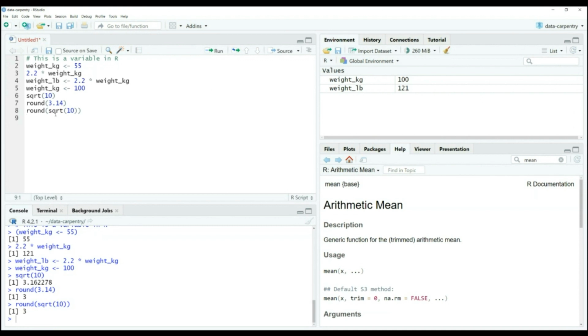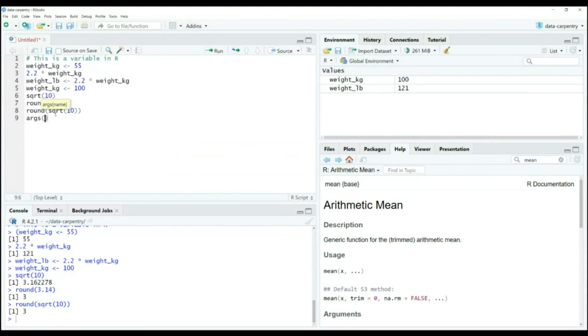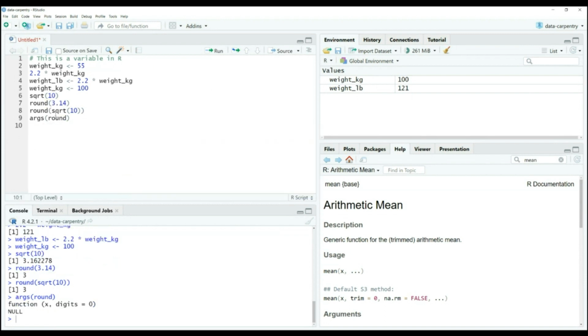There is another function that is called args that, as you can see in yellow, displays the argument names and corresponding default values of a function or a primitive. So here is args round. If I execute that, as you can see in the output, the